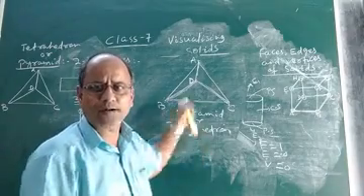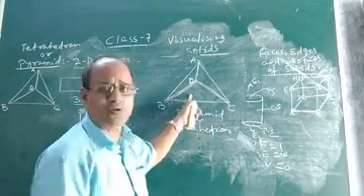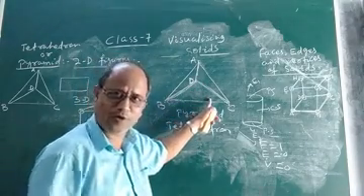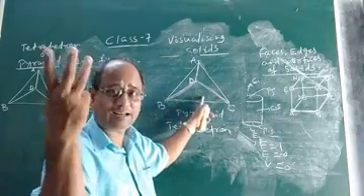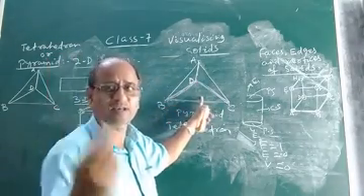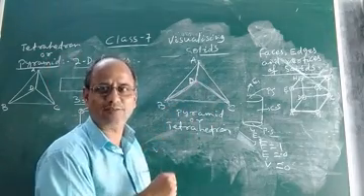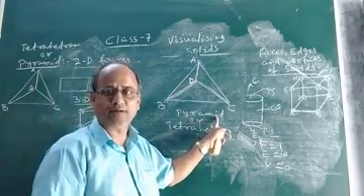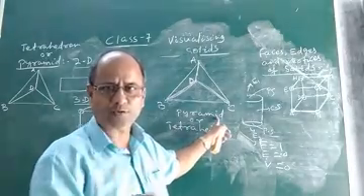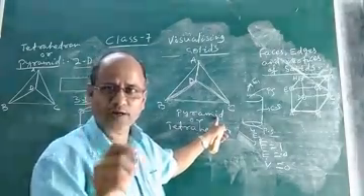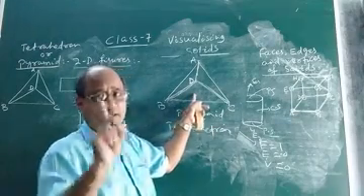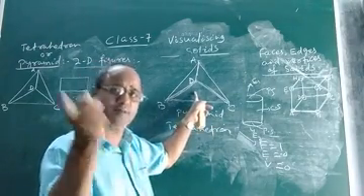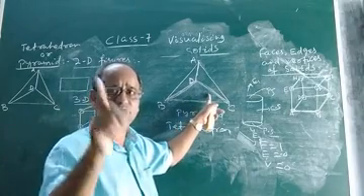Okay, so what do we find, children, in this particular solid? In this solid we find that the base is a polygon and the other three lateral faces are triangles. So that is why it is called a pyramid. That is what is known as a pyramid. So what is a pyramid? I hope you understood. A pyramid is a solid in which the base can be any polygon. Please mark, the base can be any polygon. It is not necessary that the base will be a triangle.